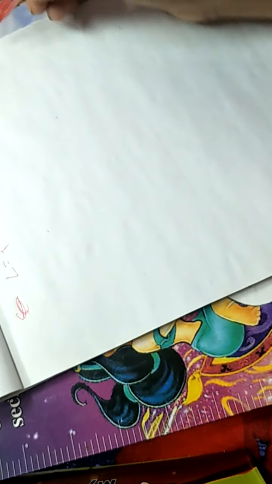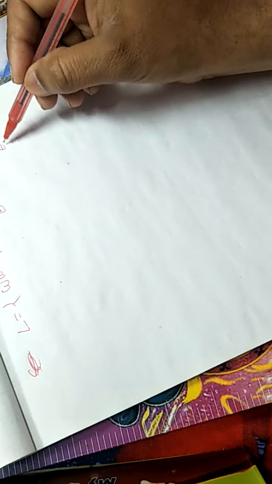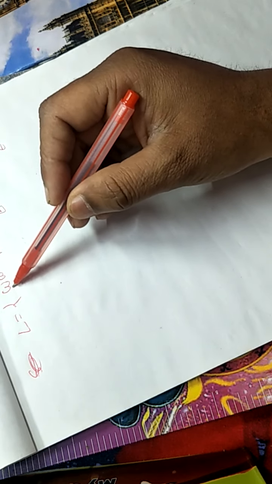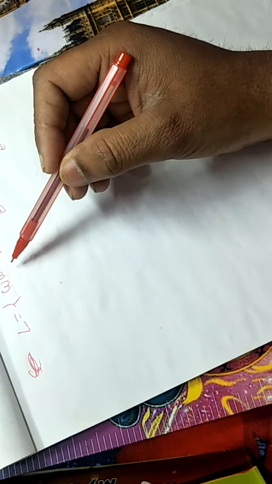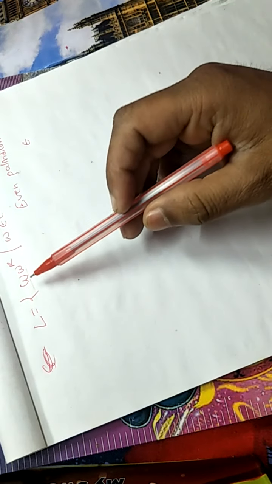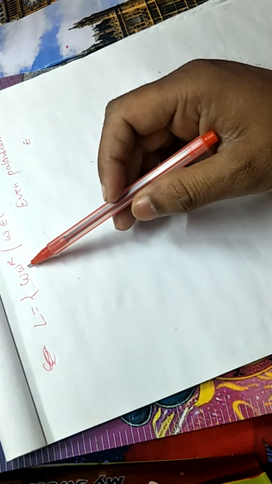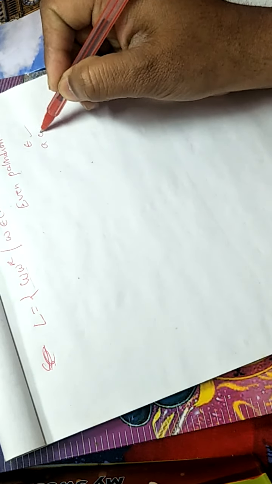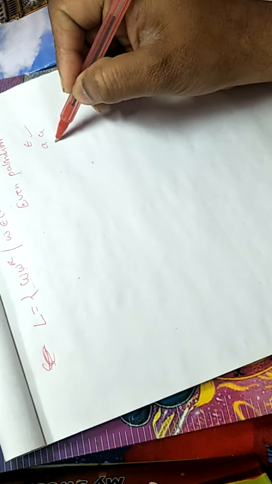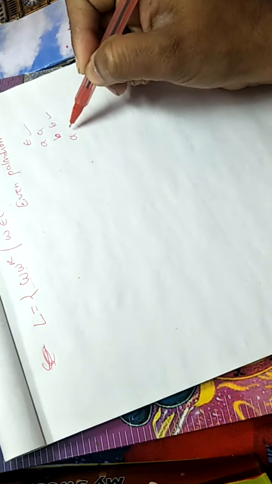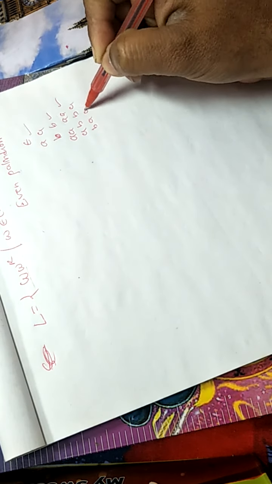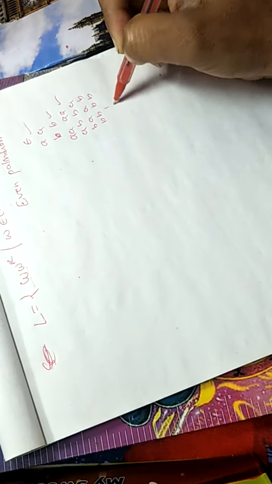In this language, a string can be epsilon. Epsilon is an even palindrome. It means that whether we read from the left side or the right side, the string will be the same, because whatever is W here, the part here is the reverse of W. So the string will be the same from both sides. So epsilon is here, aa will be in the language, bb will be in the language, aaaa, abba, baab, bbbb, and so on.